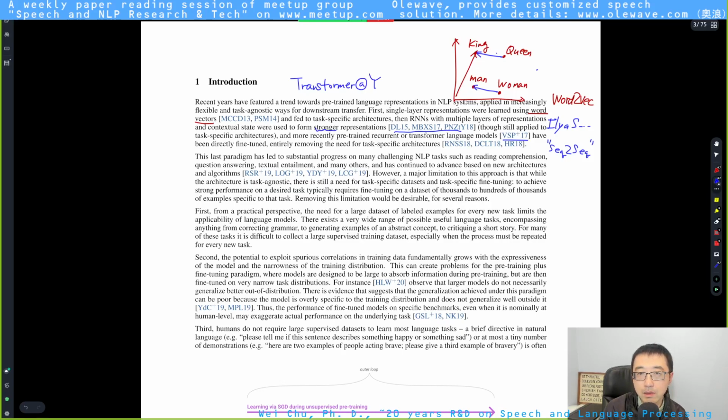You can see that paper reading is actually from a speech researcher perspective, from a speech recognition perspective, because ASR people do use transformer at that time. Yeah, that's the history before coming to the large language model.